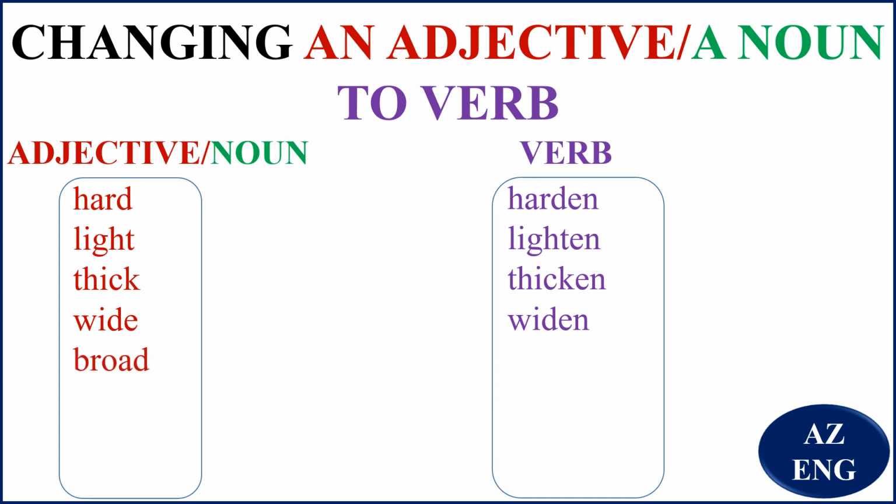Broad, wide too. So if something is broad, it's wide. And in the action, we say broaden. So if something broadens, we mean the wideness in it increases. And this word broaden, you can use it to mean, let's say, your skill. So if you want to increase your skill, you broaden it. I want to broaden my skill. Like this, I want to increase my skill. Something like that.